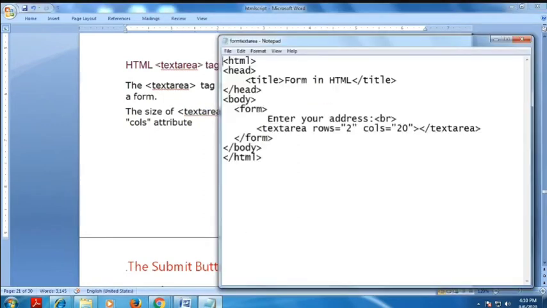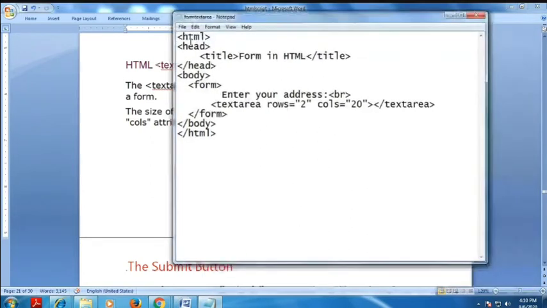Here the example is HTML, head and title. I open the form tag and close tag. I enter the address field, text area, rows. I specify how many rows are accepted, that is 2 rows, and how many columns are accepted, that is 20. I open the text area here and close the text area.